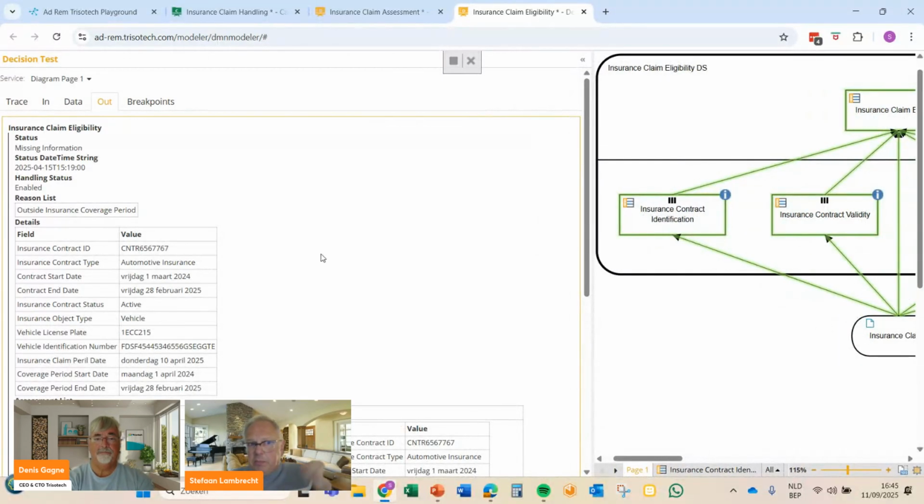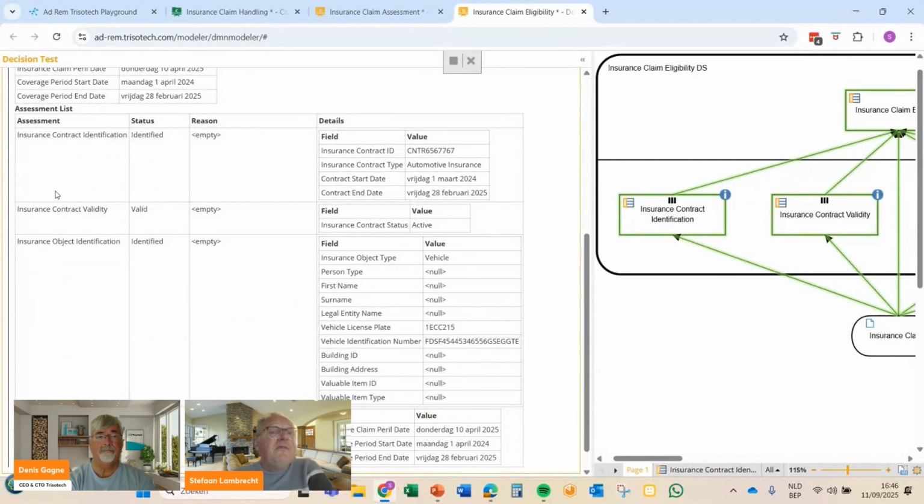That is part of a customer-friendly policy of an insurance company, to have a look at it before turning down the claim at all. Because here we see there is a reason list, that's what I showed in the logic. It says outside the insurance coverage period. Here we have a summary. That is a summary that is exposed from this node.